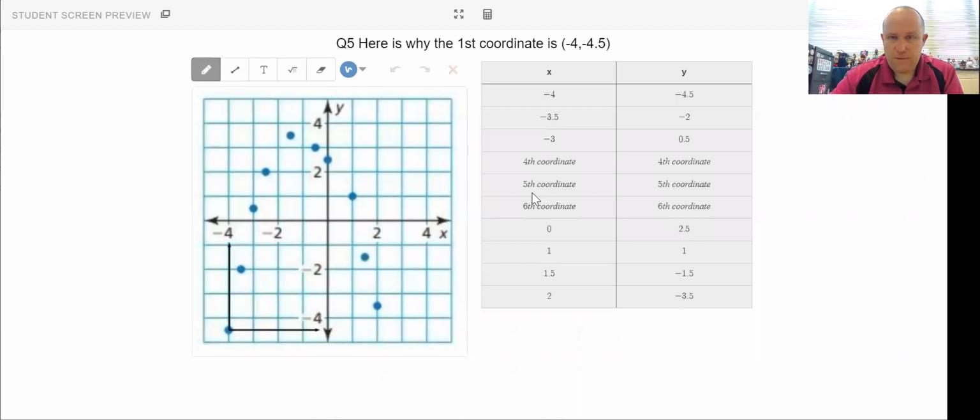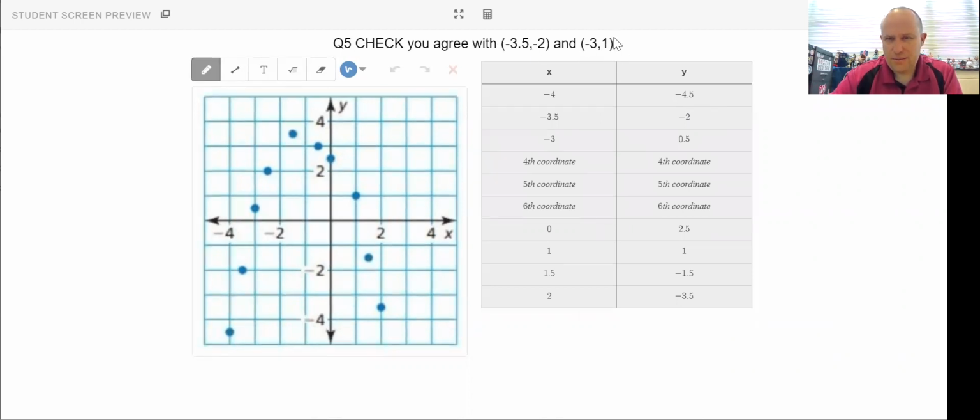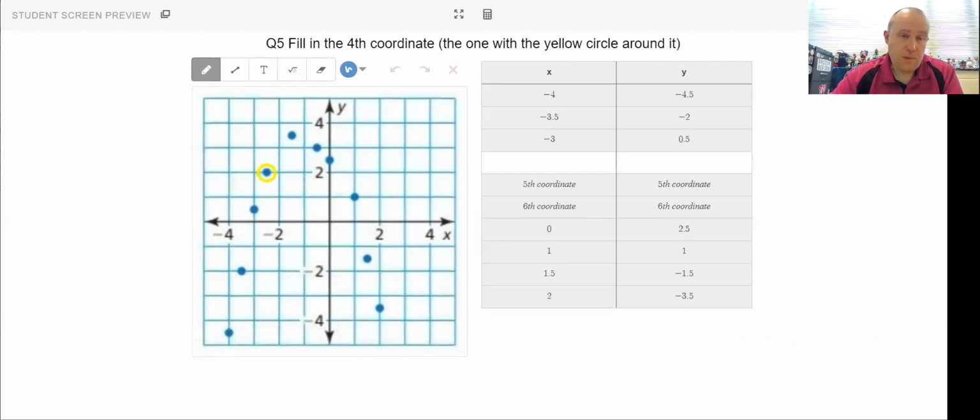So I did the first 3 values and you can see I started to fill these in here. So -4 and -4.5. And this actually says 3, 1 here, but you can see actually the table says 3 and 0.5. So just to show you why, there's -3. And you can see it's between 0 and 1, which is why it's 0.5 and not 1 as it says in the question there. You were then supposed to try this point,